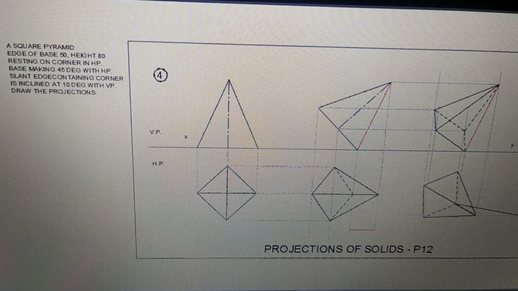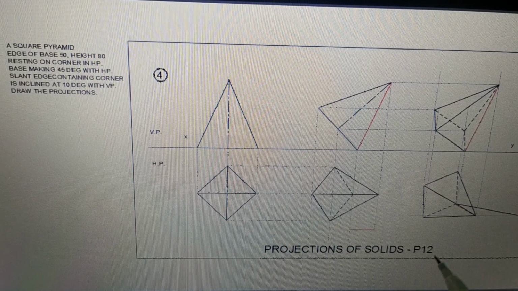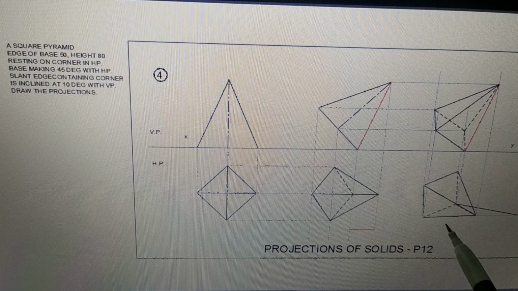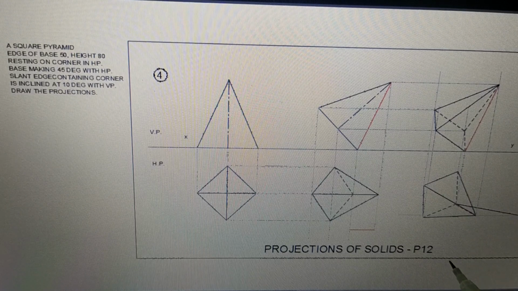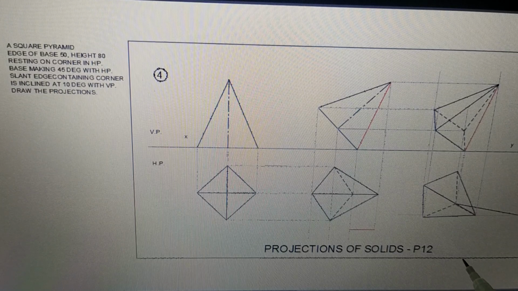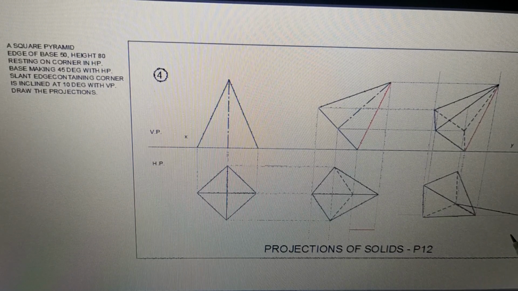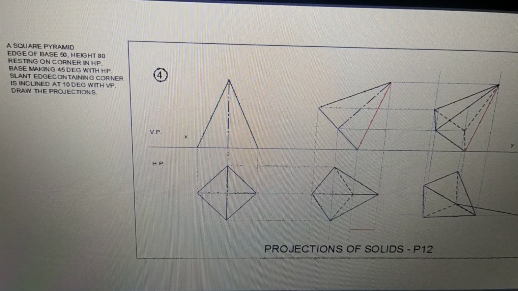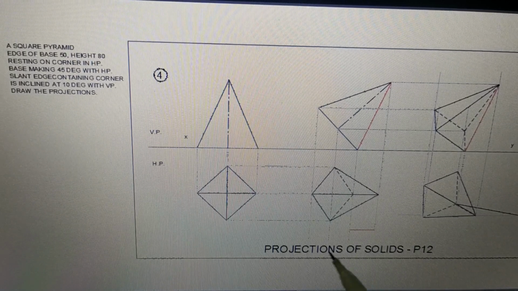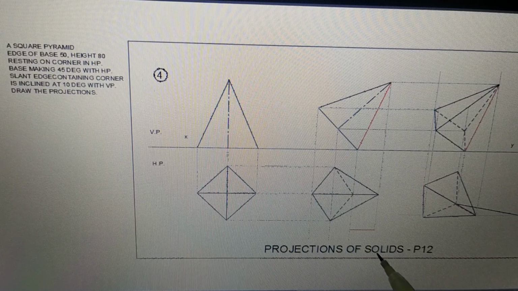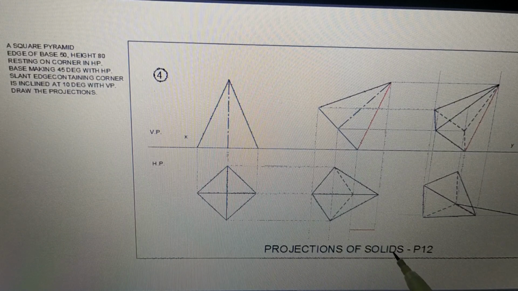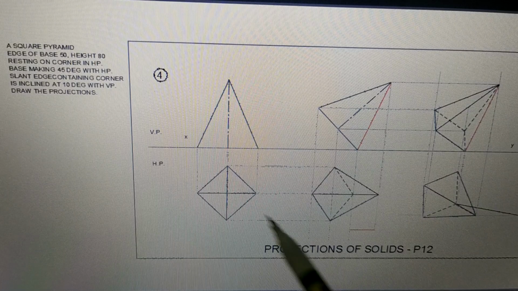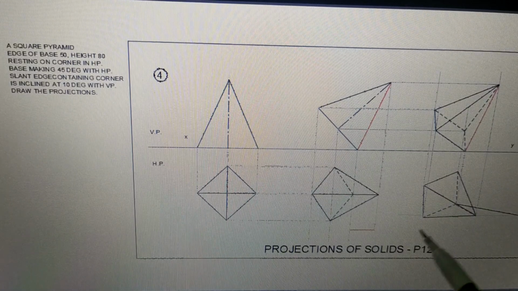And here there is going to be your nameplate, just like last year. Maybe last year there was a ready-made nameplate. This time you can prepare the nameplate on your own, and in the nameplate you have to write your name, roll number, and practice sheet number P12. This P12 will go inside the nameplate. And the title of the drawing, projections of solid, will be outside the nameplate. So that is how you are going to prepare this figure.